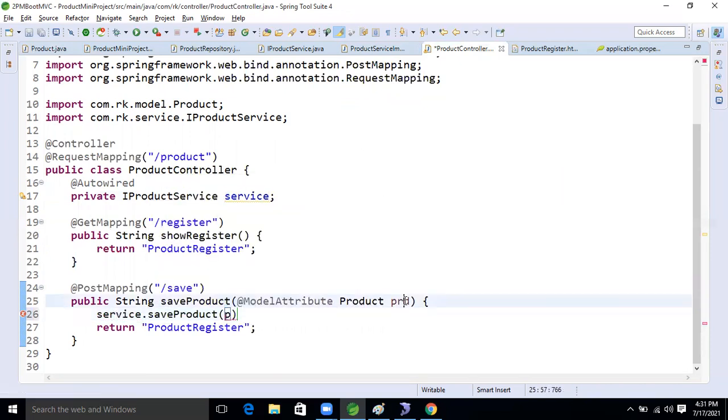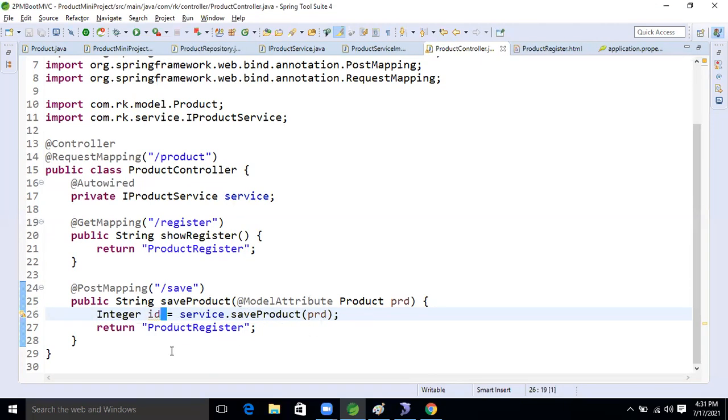So here, product data is coming, right? So now we will pass that product data. After that, what will this return? It will return an int, right? This will return the product integer, int values.